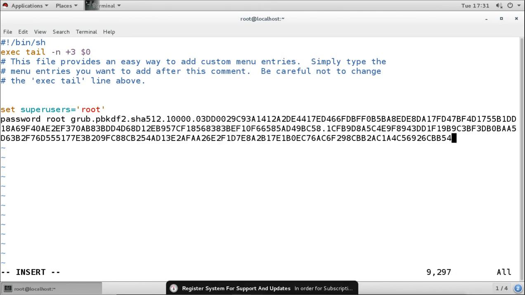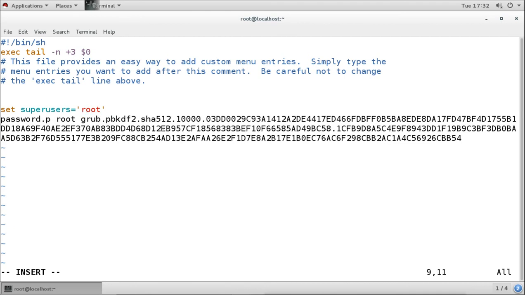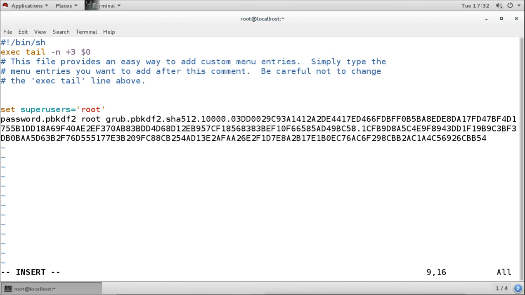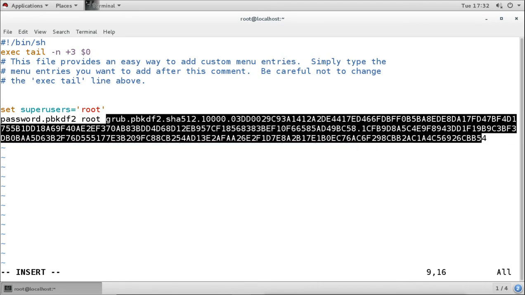But when we use the secure password, we have to inform the configuration file that we want to use it. So instead of giving the password only, we will write password_pbkdf2. We are saying that we are using this pbkdf2 hash for the password, and then you paste this value here.